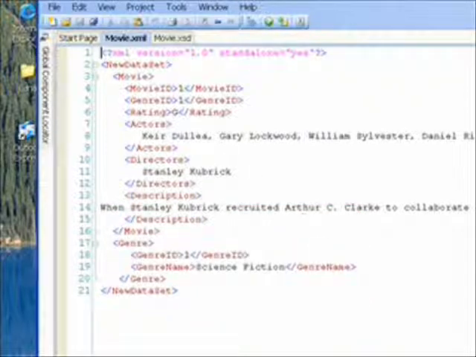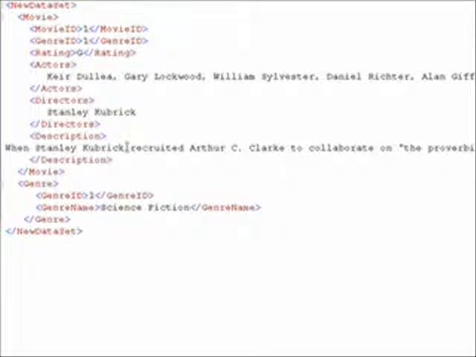As this is, it's what's known as a well-formed XML document, in that it meets all the criteria of an XML document, open and closing tags. If you have an empty tag, you can have the tag name with the slash greater than, rather than having the two tags, just like HTML.